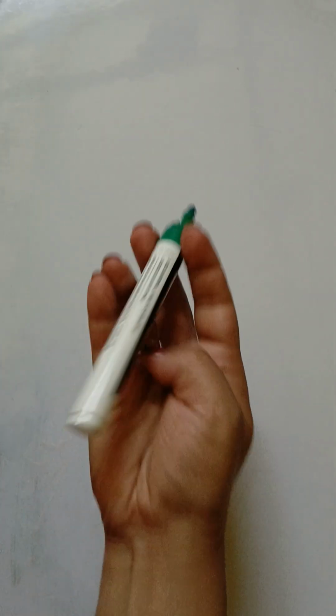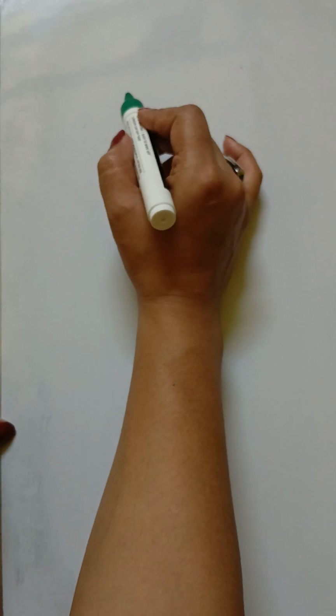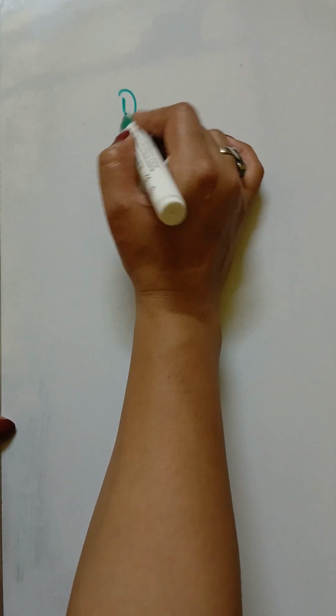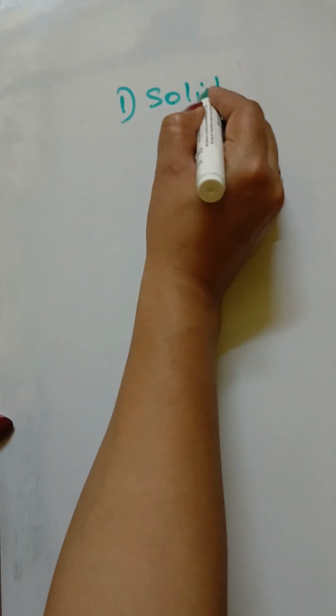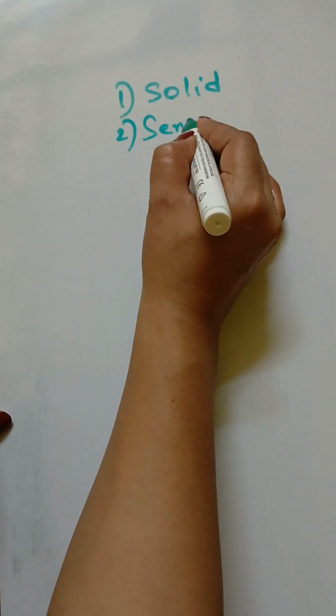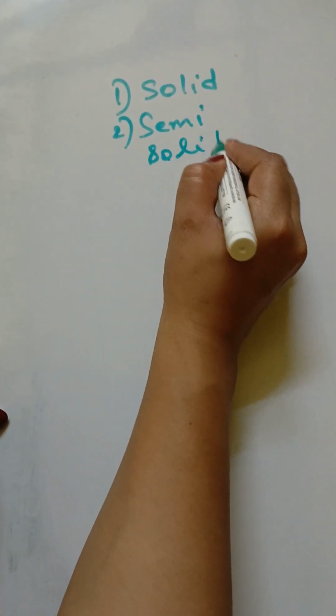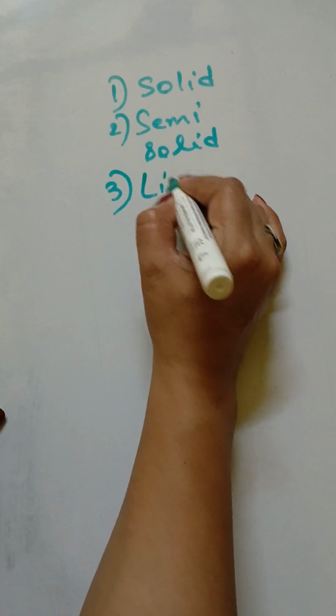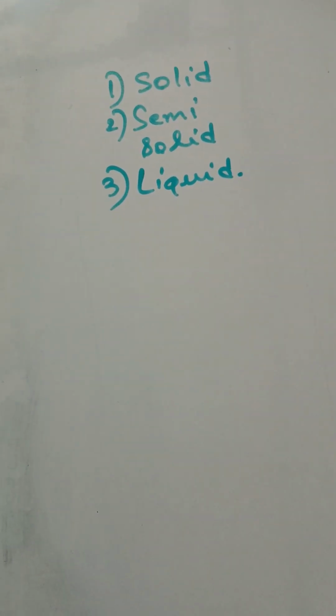In this video, we will learn about agar, which is basically an excellent hardening agent of the media. Depending upon the physical nature of the media, it can be subdivided into three types. One is solid media, one is semi-solid media, and another one is liquid media. So there are three types of media based on the physical nature of a media.